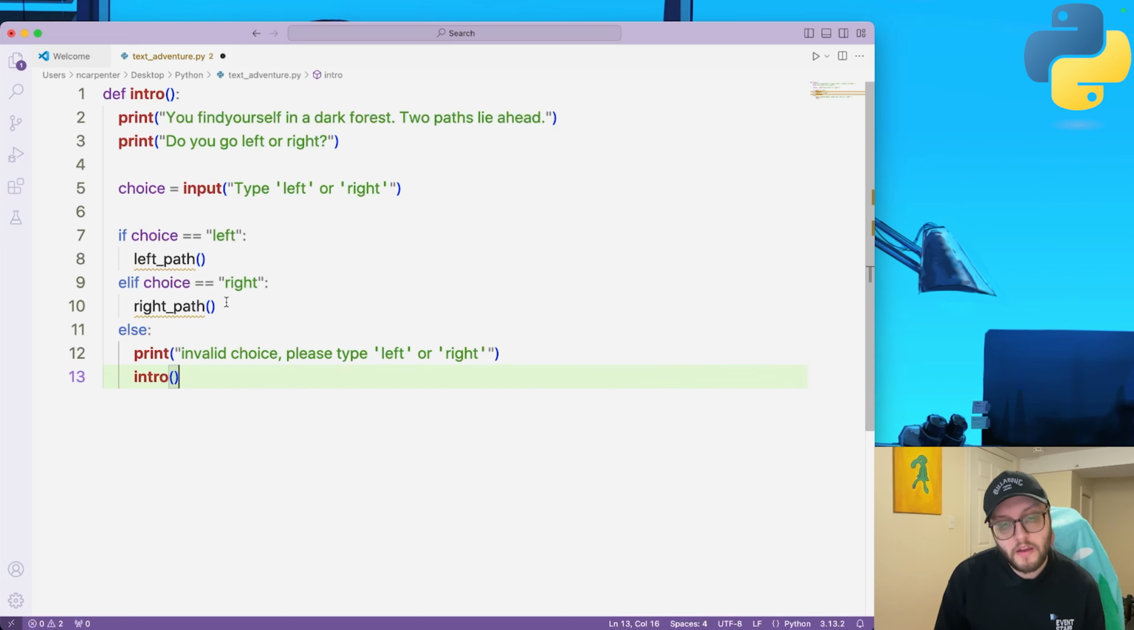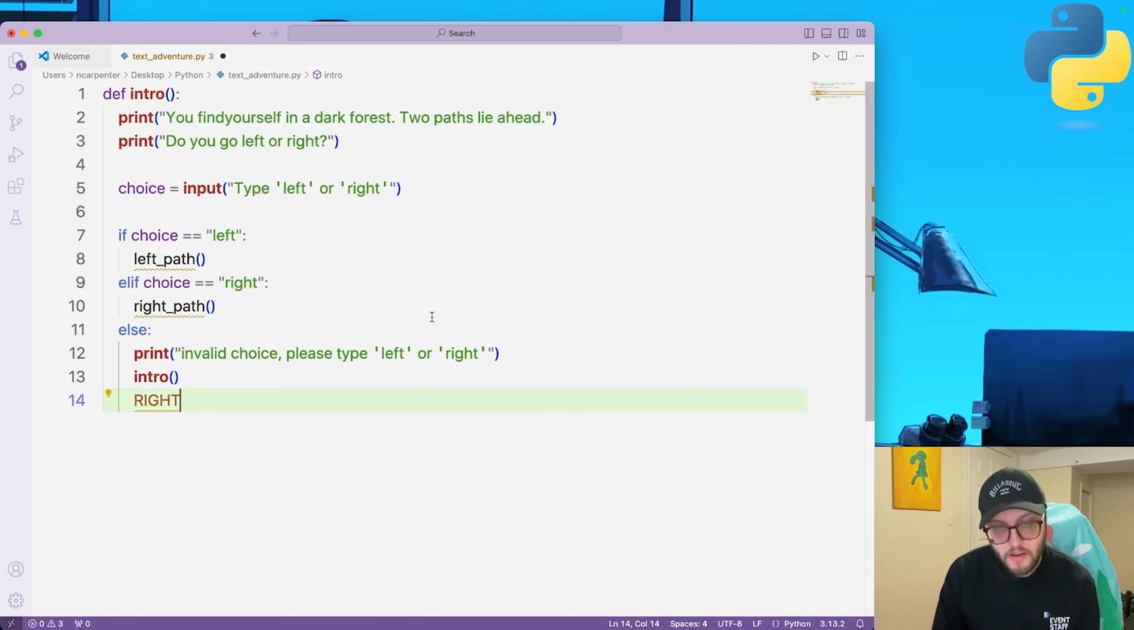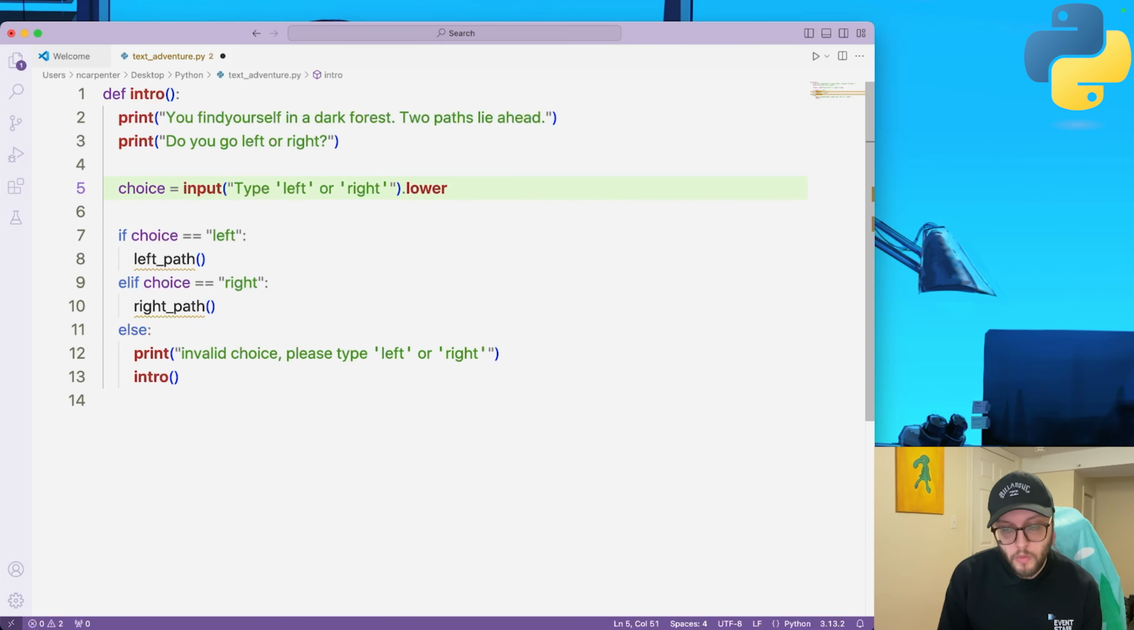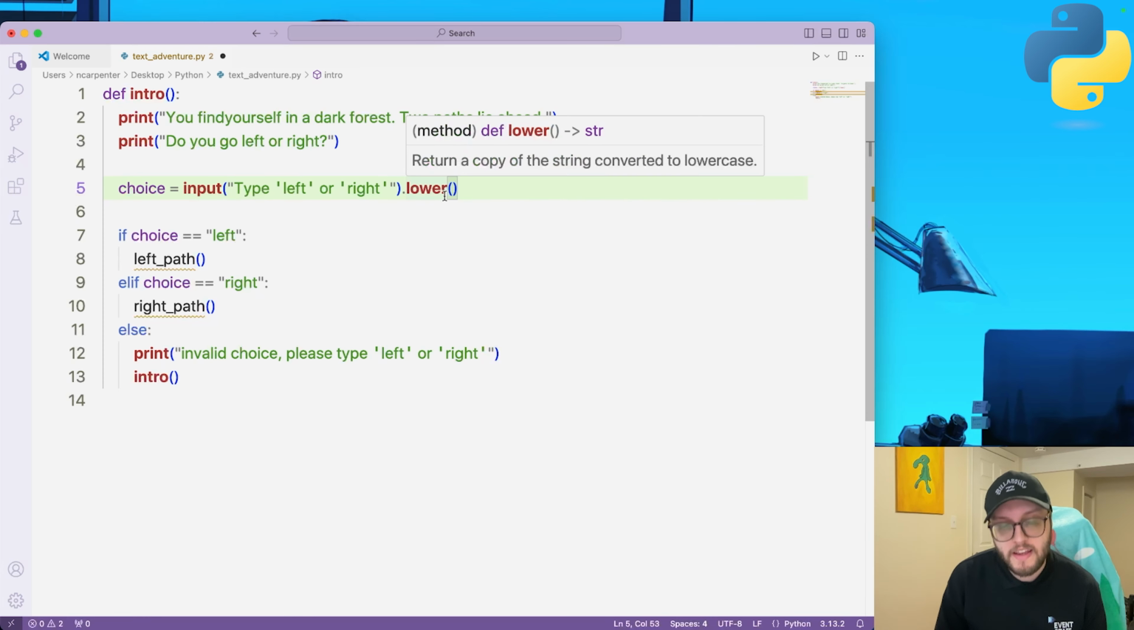Now, the only thing is right now, if we were to play this program, we would probably get a really weird error if we were trying to type in right with all capitals. Currently, our user needs to type it in all lowercase, right? Is there a way that we can circumvent this? Yes. So in the choices here, we can actually use the dot lower empty brackets,